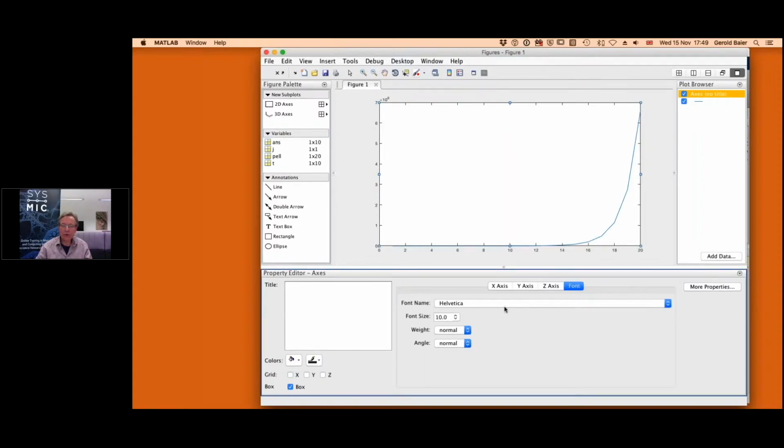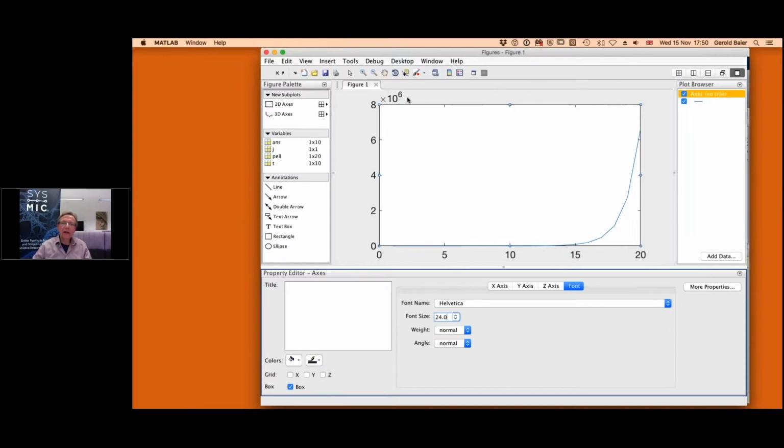If I just click on font and quickly choose a font size that is much larger than the one before, we can see we have the horizontal line, which is our index, namely our numbers that go from 1, which is somewhere here, to 20. So the plot actually starts at 1 because our first element is number 1. It goes all the way up to 20. So our 20 Pell numbers, this is the index of the numbers, and the numbers are plotted on the